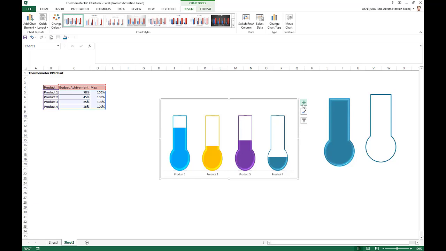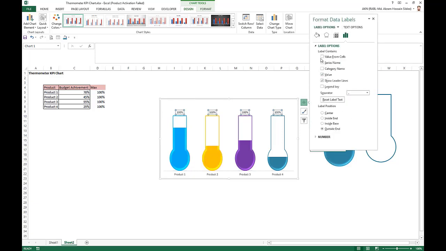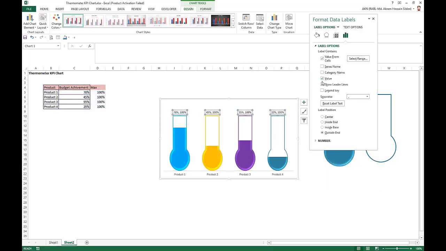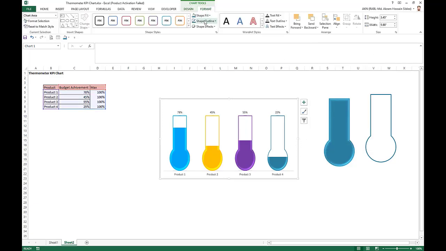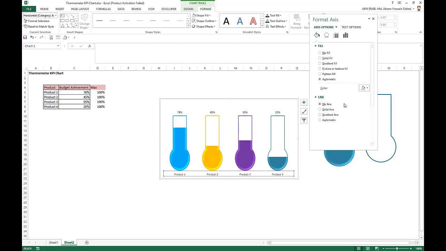We want to now plot the data labels. Select the 100% line, select data labels. Now take the data labels of the achievement, right click, format data labels, take value from cells, select it, OK, and remove this value. And go to Format, take shape outline as no outline, shape fill as no fill, and we also remove this axis line: format it, go to Line and take no line.